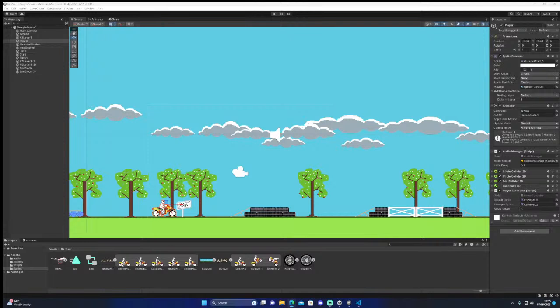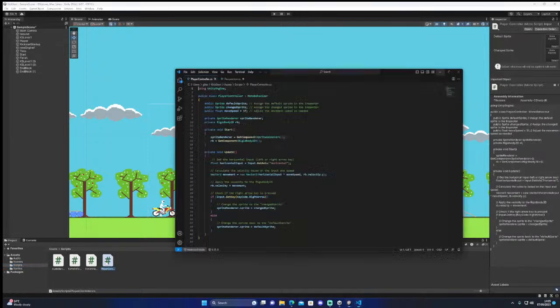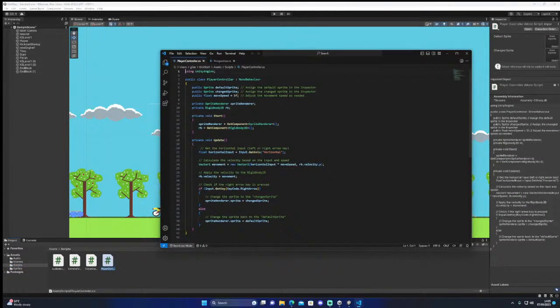Is that the whole thing? Do I need to? That hasn't got any sprites. Oh, this hasn't got any, so I have to manipulate the script I've got. Player controller script. So right, I add these things to this. So I've got that default, done that.